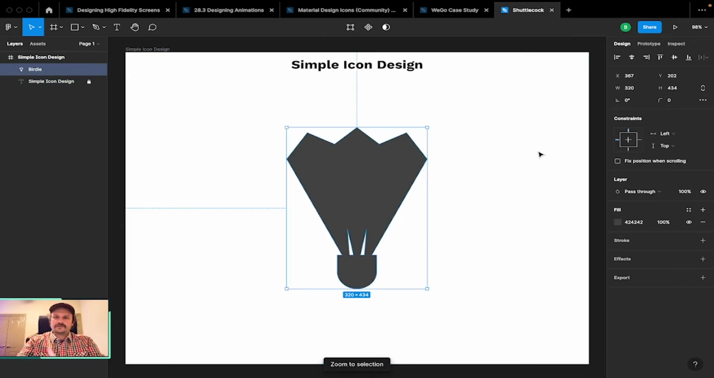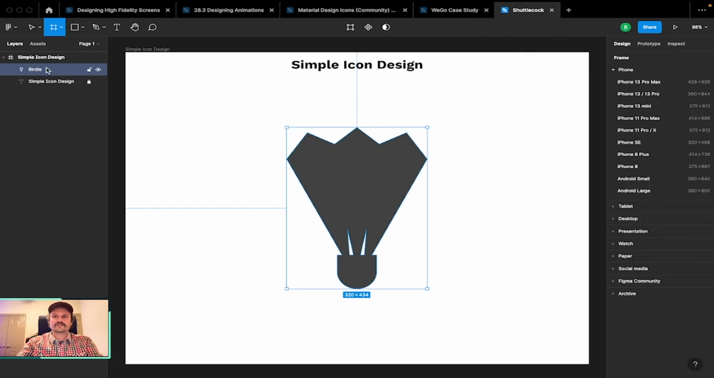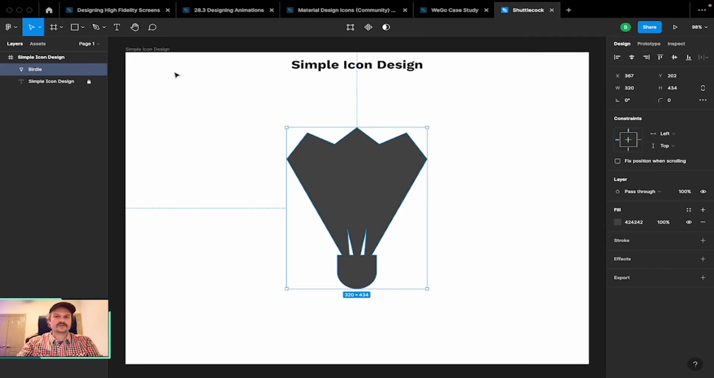And the last thing we would do for handoff, to make sure that we have the file type that the developer would want, is we would select this layer, which is not what I wanted. I would select birdie, which is the layer, everything's flat and it's outlined as it should be. We'll go to export, and the default, at least on my computer, is PNG, which is